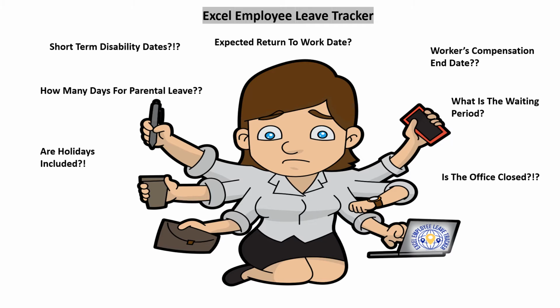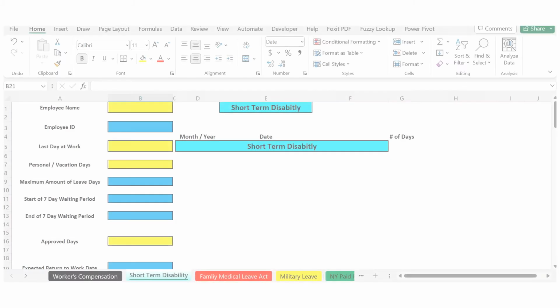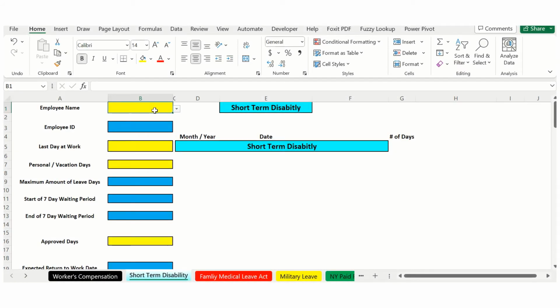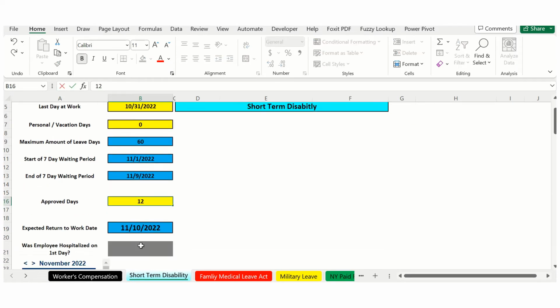Introducing Excel Employee Leave Tracker Scheduler. Simply enter the employee's name, last day worked, personal vacation days, approved days, indicate if the employee was hospitalized on the first day or not,